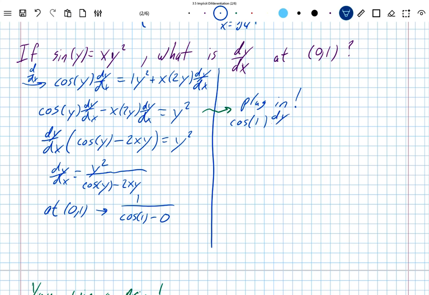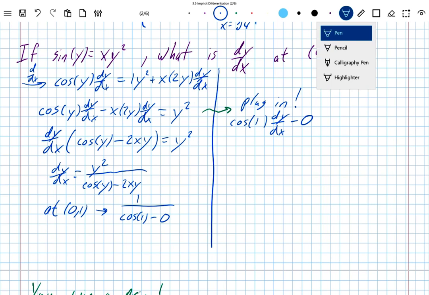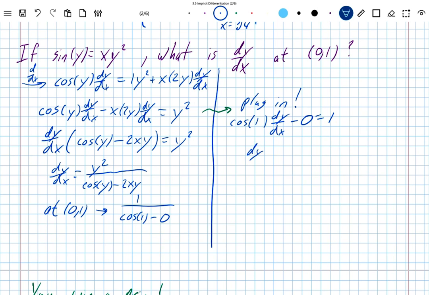dy dx minus 0 equals 1 squared, which is just 1. So by plugging in, I just simplified everything a lot right away. We already know the x and the y values. Let's go ahead and use them. And now I can really quickly solve this for dy dx equals 1 over cosine of 1